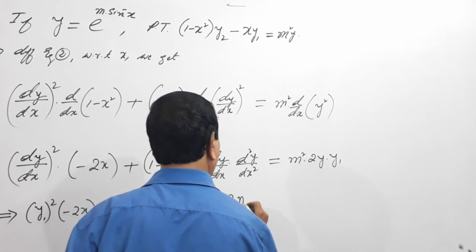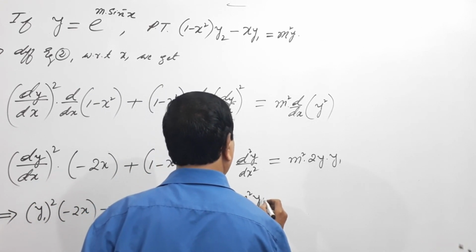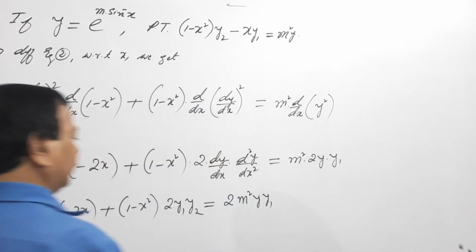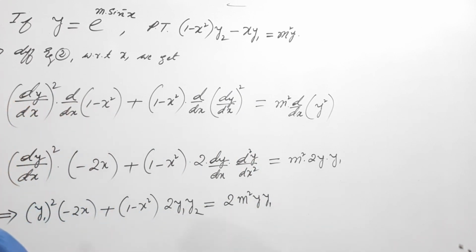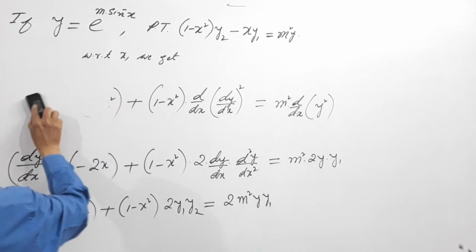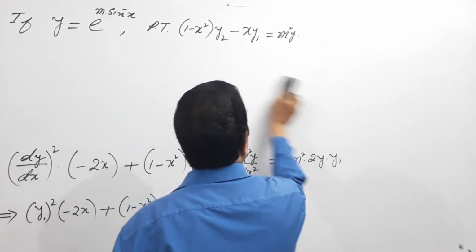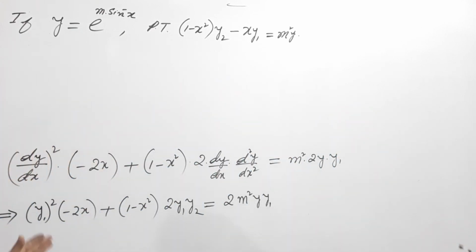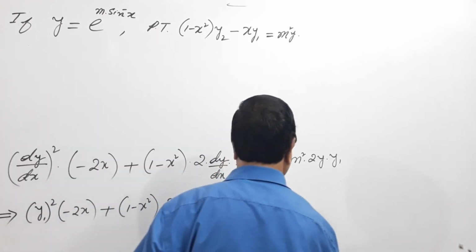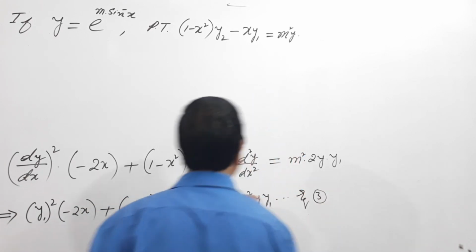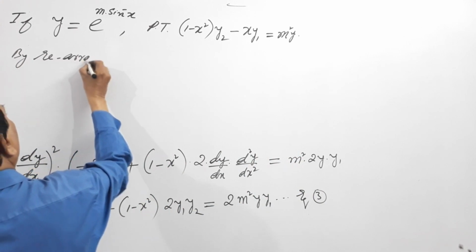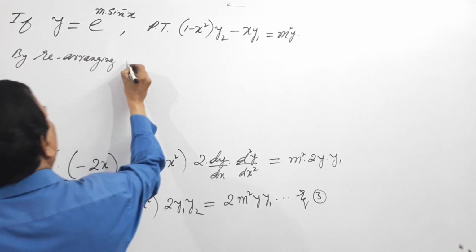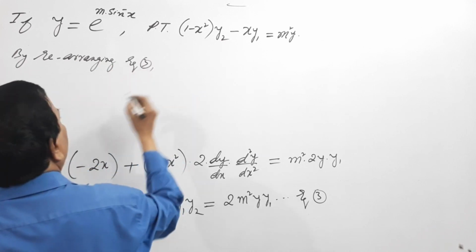This equals 2 m square y into y1. I don't want this minus sign here, I'll rearrange it. I call this equation 3. By rearranging equation 3, we get